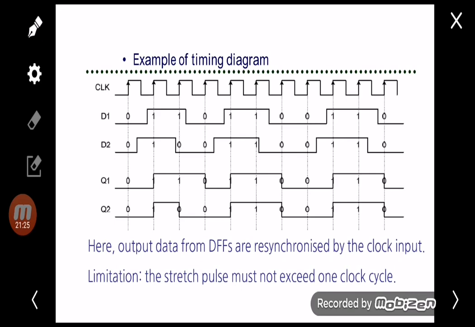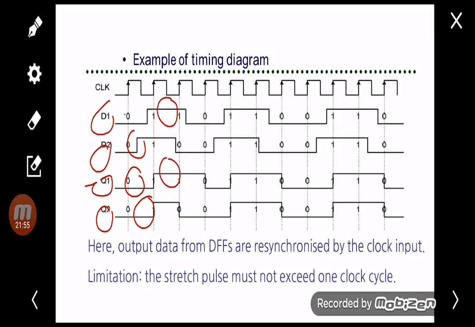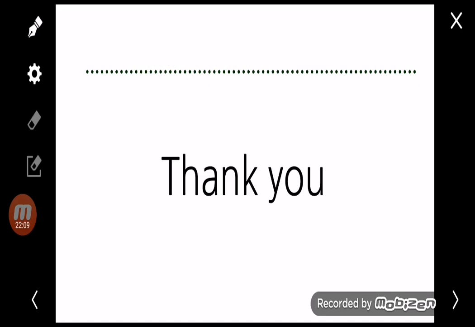For example like this, we have two D inputs, D1 and D2, so we have Q1 and Q2. Q1 is based on D1, Q2 from D2. So it is a positive going transition D flip-flop. You can see here when D is 0, Q is also 0 here. This one 0, also 0. But this one, the second clock, this is 1, and this one becomes 1 over here. This one is also 1. So here 0 0, also 0 0. So it is based on the D input. So that's all for